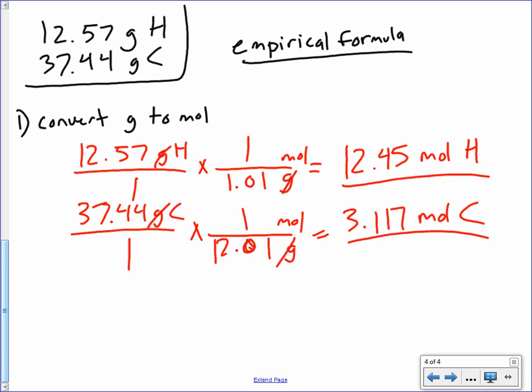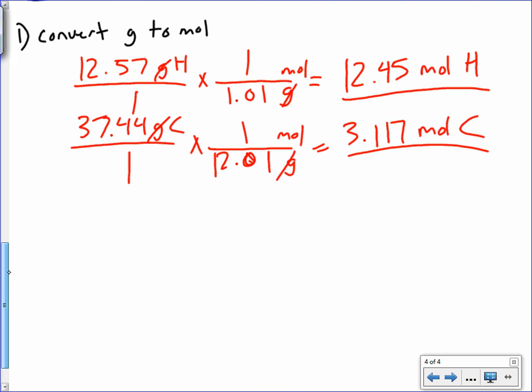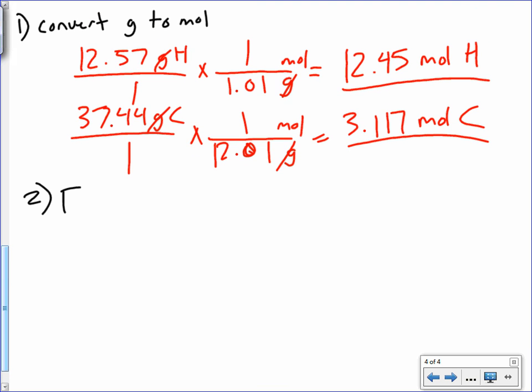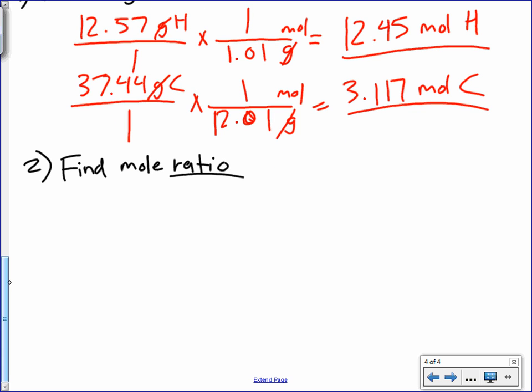Okay, so that was step 1. We found out how many moles we have of carbon and hydrogen, because that's the important number, as I mentioned earlier. So step 2, find mole ratio. And to do this, you're going to divide both mole amounts by the smallest mole amount. Okay? So we have 12.45 moles of hydrogen, and we're going to divide this